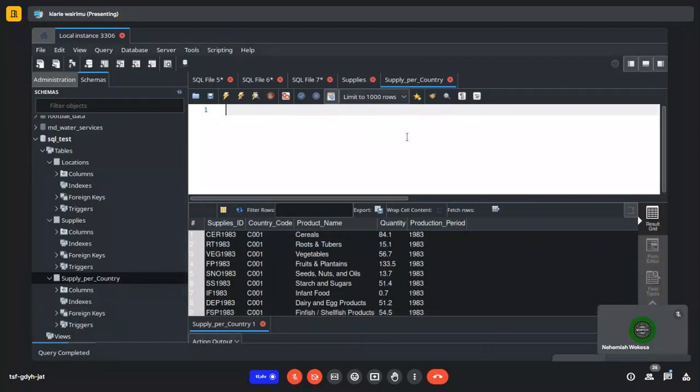So we want to select country code, from the supplier. Then we want the country name, but